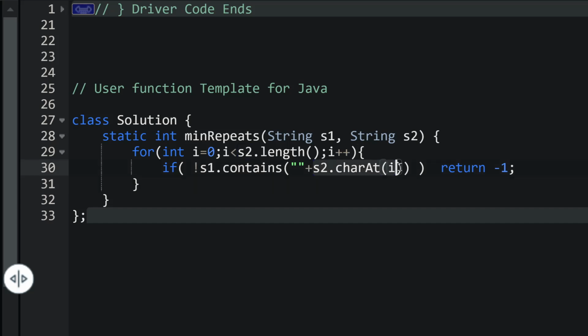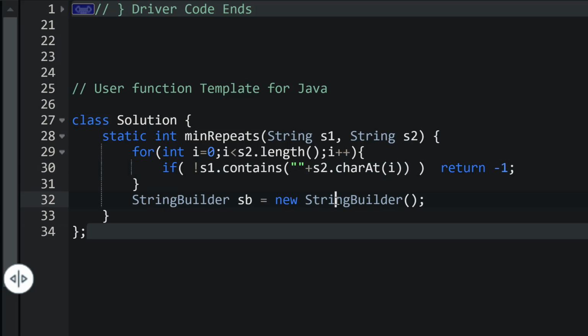So we take the ith character of s2, then convert the character into a string. Then using the contains function, we can easily find whether this single alphabet is present in s1. If it is not present, we have the not sign here, and just return -1 directly.